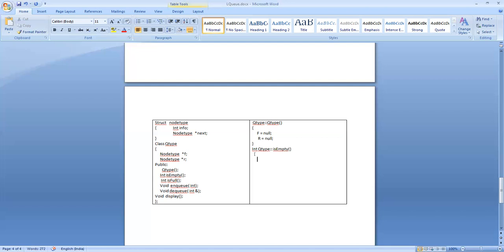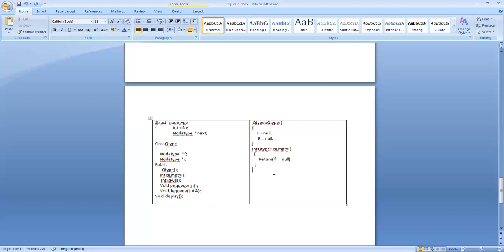So simply say return F equal to null. Now this will check whether the queue is empty or not. If F is equal to null, this statement will return the value of 1. Otherwise it will return the value of 0.